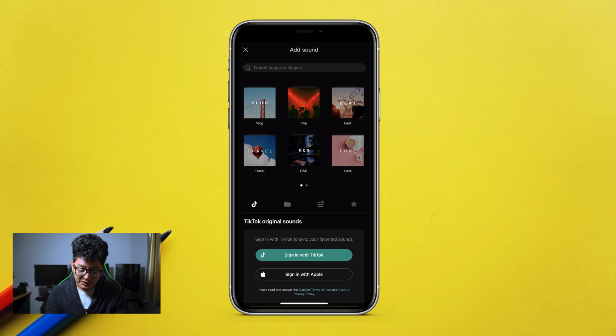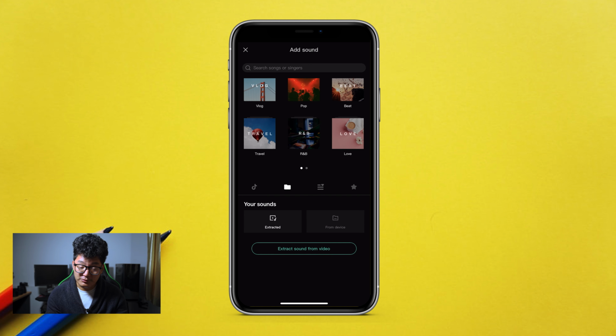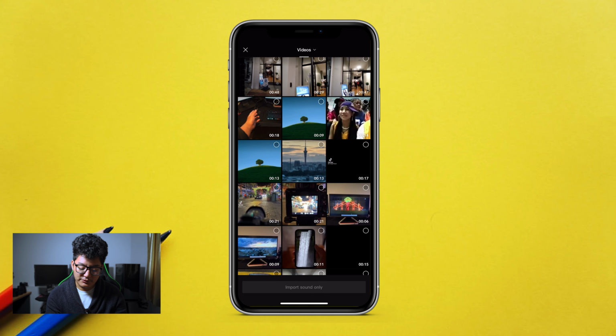Now the other one is your sound, where you can put your sound in the library. Remember, this will take up some space in your phone, but still it's usable. Now I'll tell you about using a separate sound from TikTok. Let's say you downloaded that video in order to use in your video. First you download the video, obviously, and after that choose this option called extract sound from video,